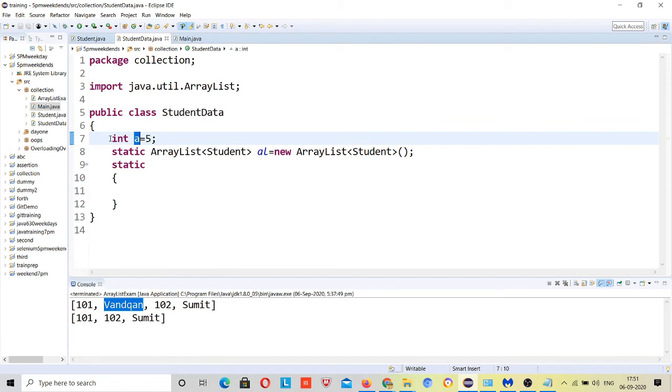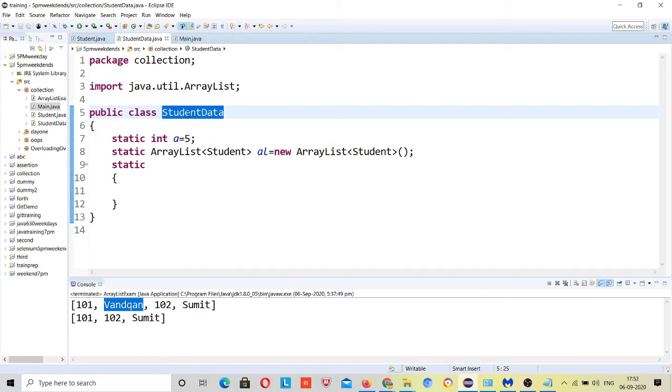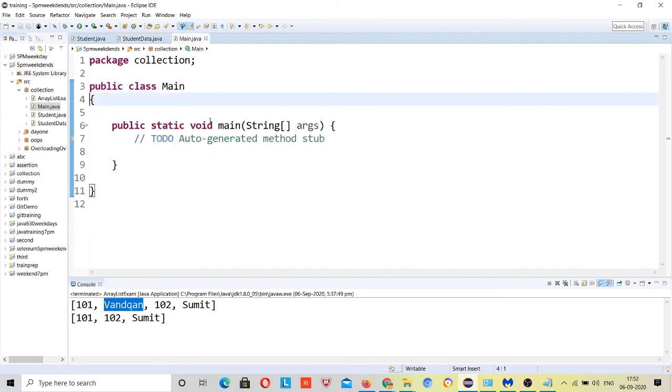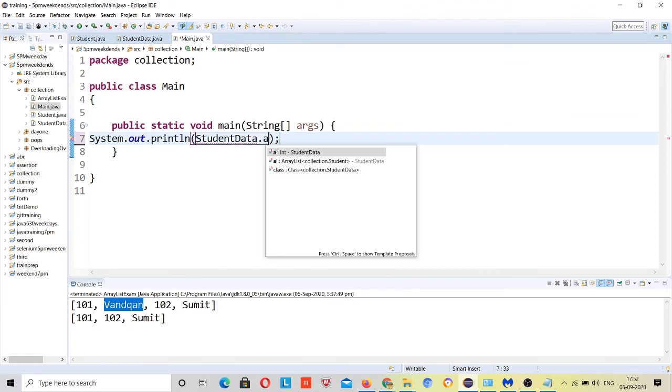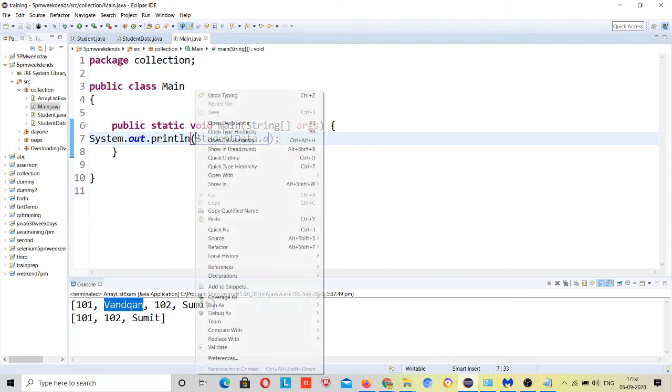Second thing is that I will make this static, right? And because this variable is static, it will be shared to all. Just use the class name: sysout class name dot variable name. You will be able to print this variable. This will happen in the case of methods also.